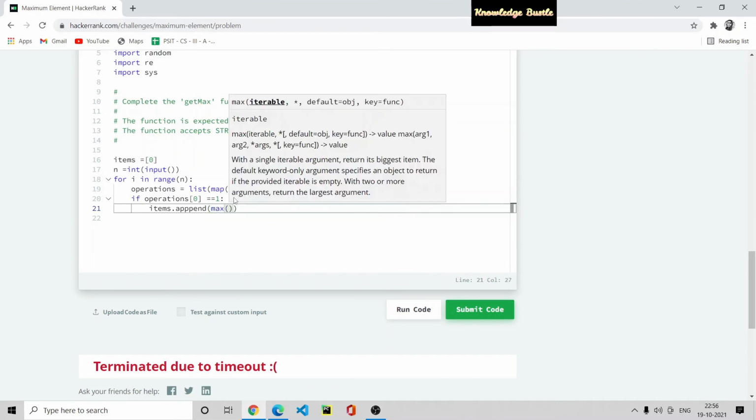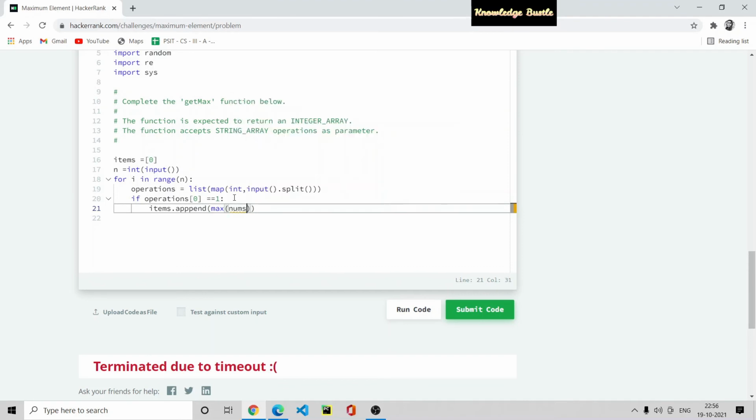Here we only append the maximum element, for reducing our complexity. Items minus 1.